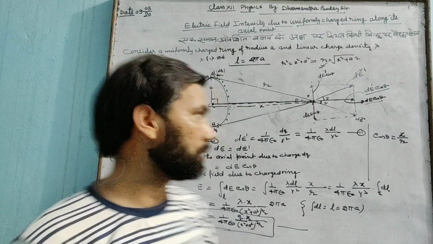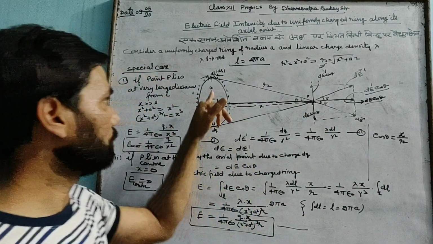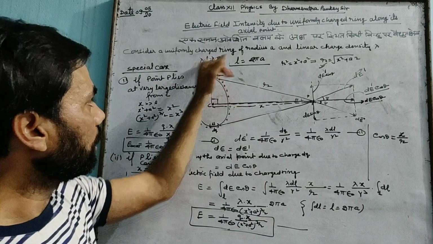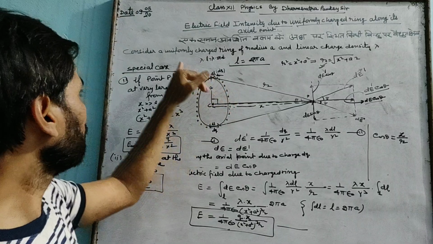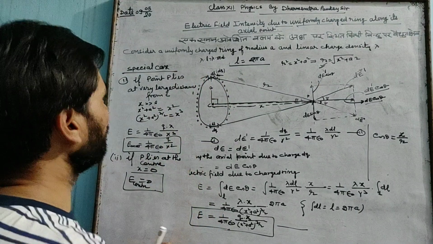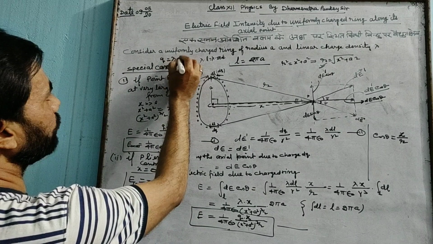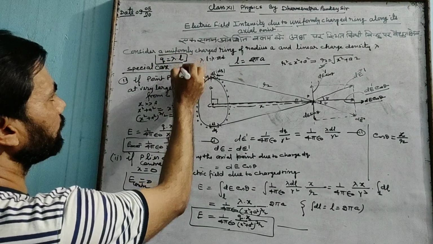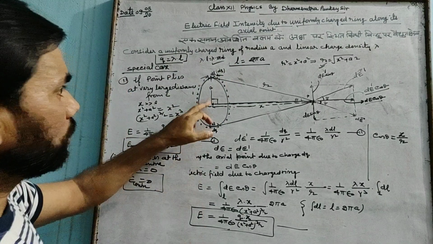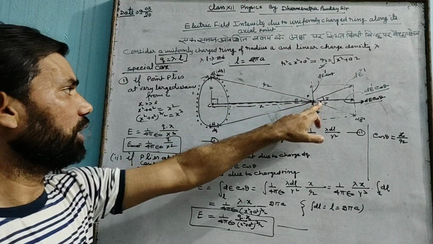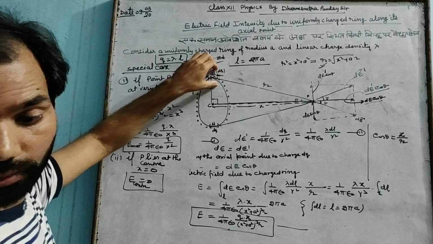So we have to calculate the electric field intensity at point P. Let us take the total charge distributed here to be Q, and Q can be calculated simply, as we have earlier written, Q is nothing but lambda into L, and L is 2 pi a. Okay, now the point of observation P is at a distance x,